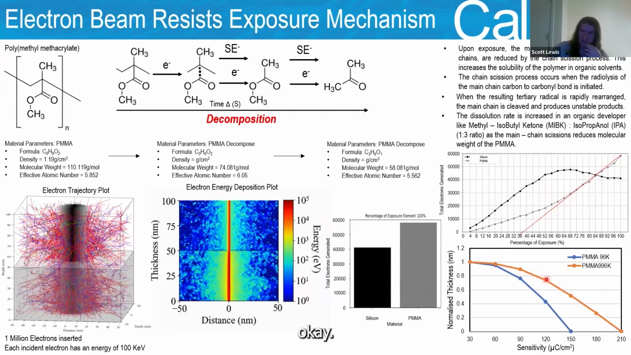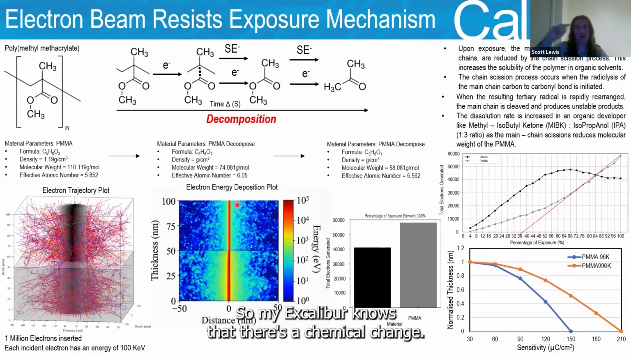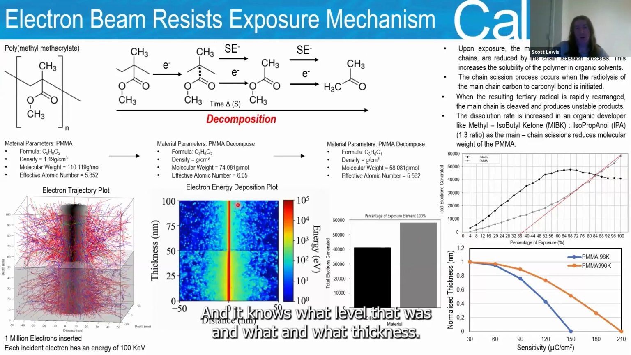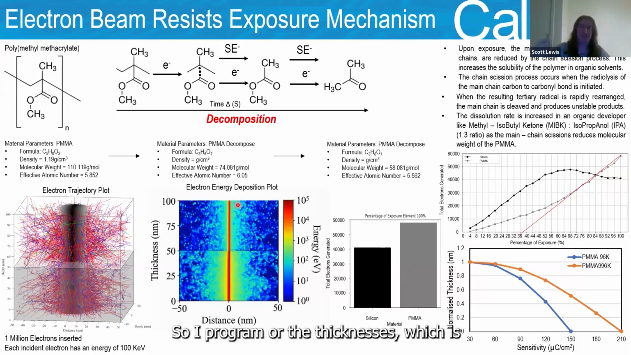Okay, so what you're seeing here is I'm repeating this every nanometer. So I'm making a change here. So my Excalibur knows that there's a chemical change, and it knows what level that was and what thickness. So I program what the thickness is, which is